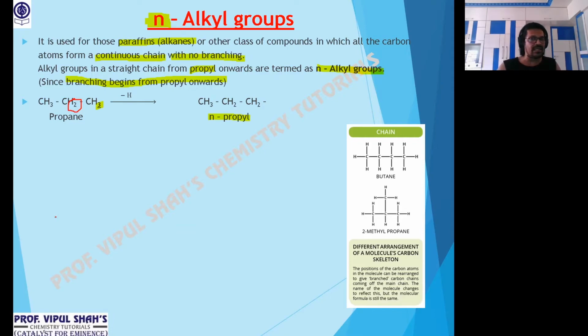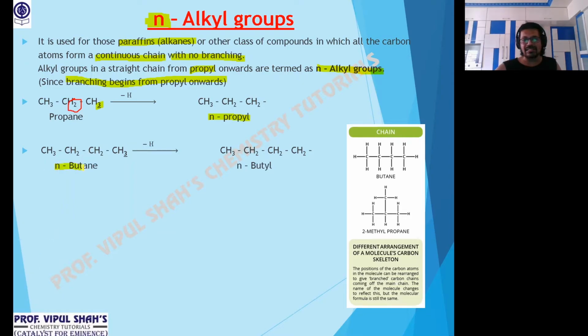So for methyl, ethyl, no prefix. From propyl, we'll put the prefix N. Prefix is what we write before. N, normal, means in a continuous chain. Now examples to see. Look at that. One more example I've given. If it is N-butane, all right, meaning four carbon atoms.